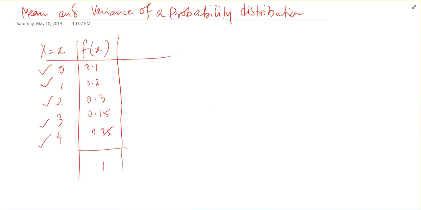So now we will do x into f. This is 0, this is 0.2, this is 0.6, this is 0.45, and this is 1.0. Okay, let us cross check for calculations,